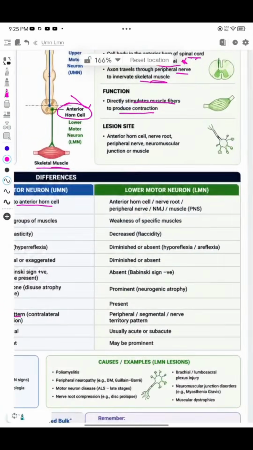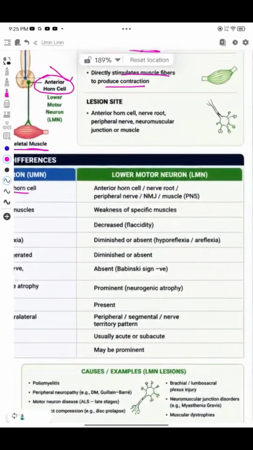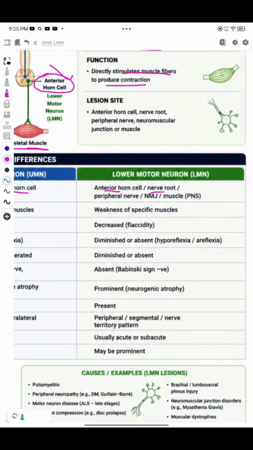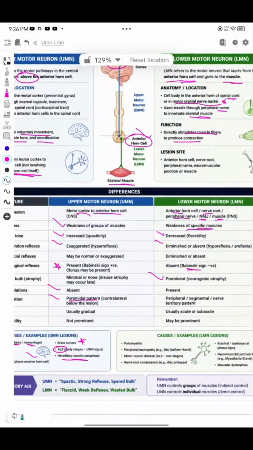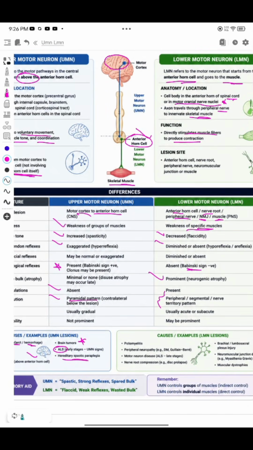The lesion in the lower motor neuron could be anywhere on the anterior horn cells, nerve roots, peripheral nerve, neuromuscular junction, and muscle. There would be weakness of specific muscle, decreased tone or flaccid muscles, diminished or absent reflexes, and there would be absent or negative Babinski sign. The atrophy would be prominent, and the peripheral segmental or nerve pattern will be there, and the onset is usually